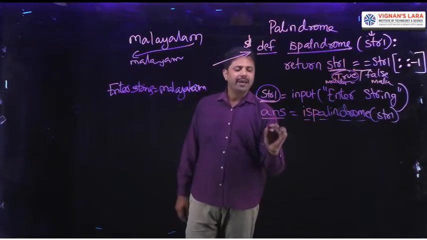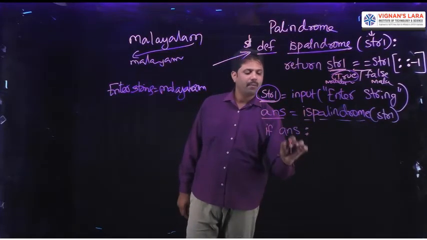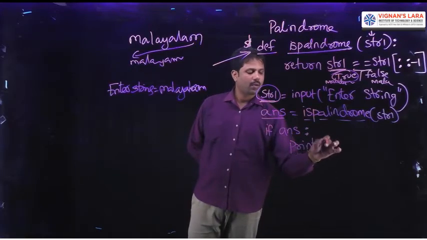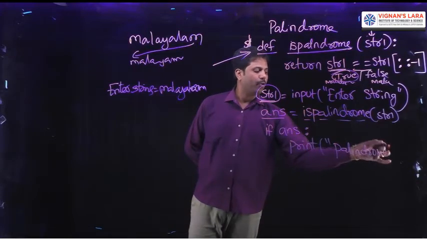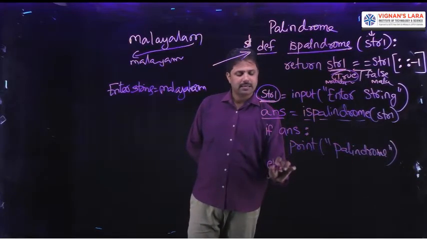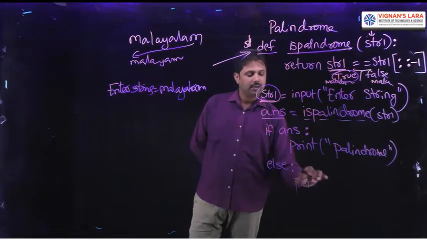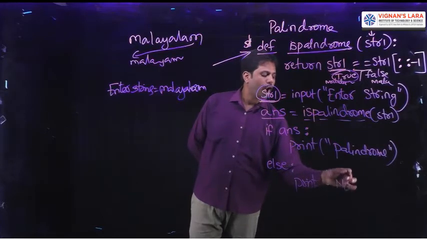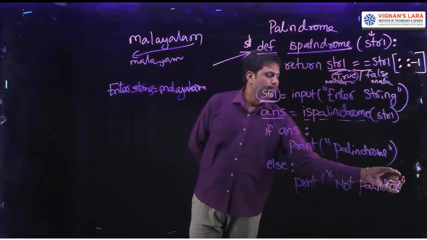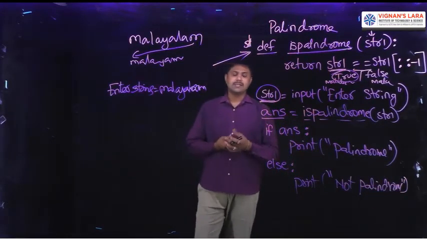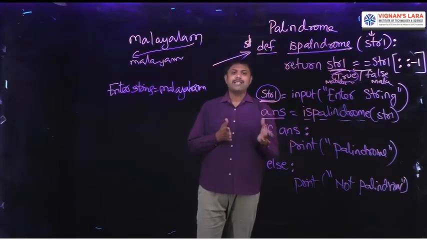Simply check if ans, print palindrome. Else, print not palindrome. So this is the simple program we have to check whether the given string is palindrome or not